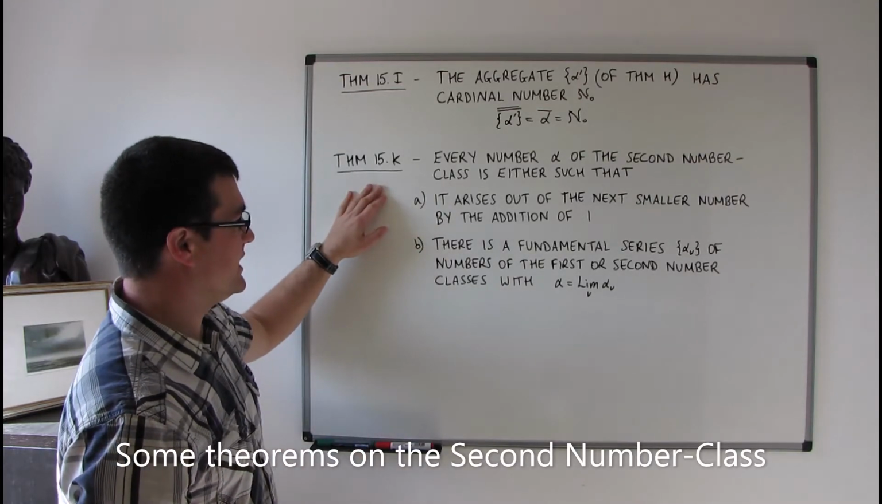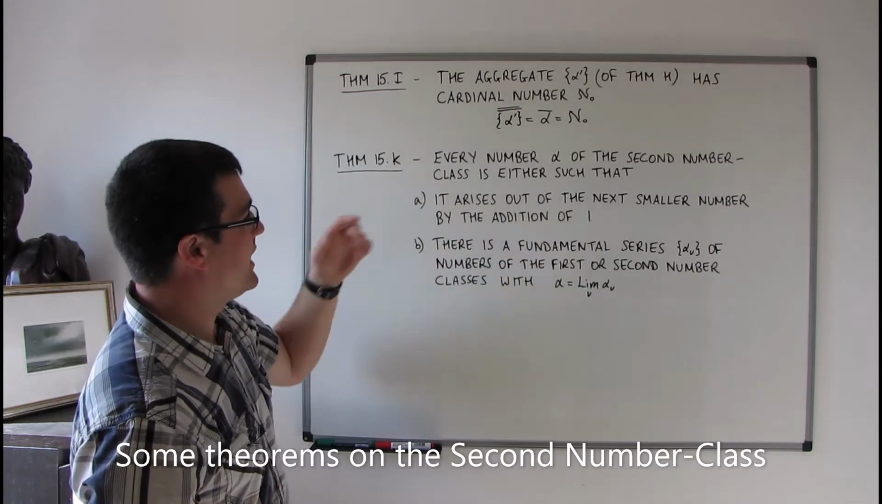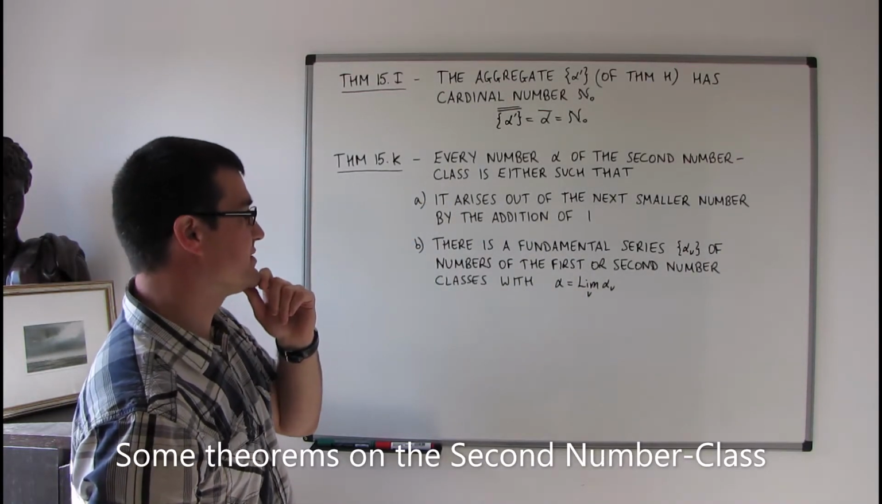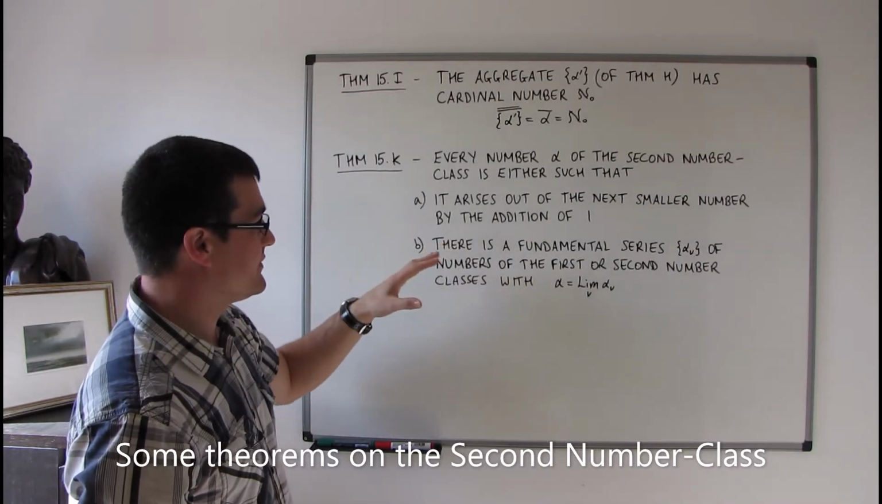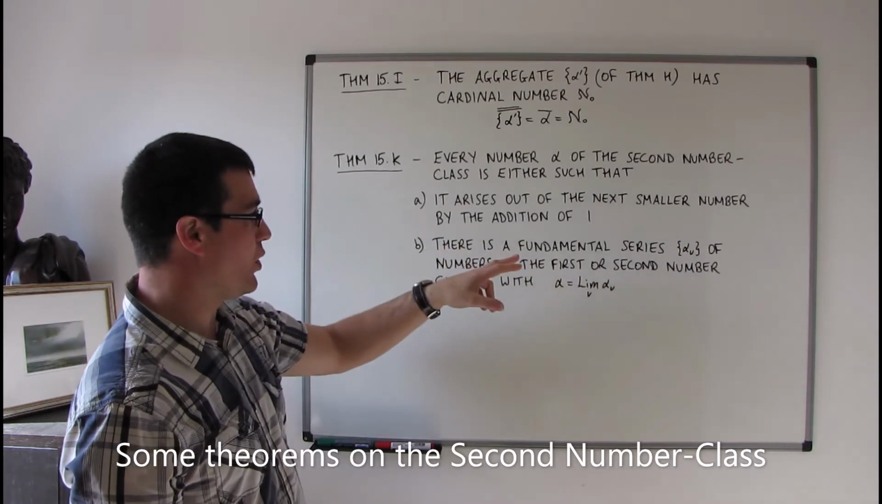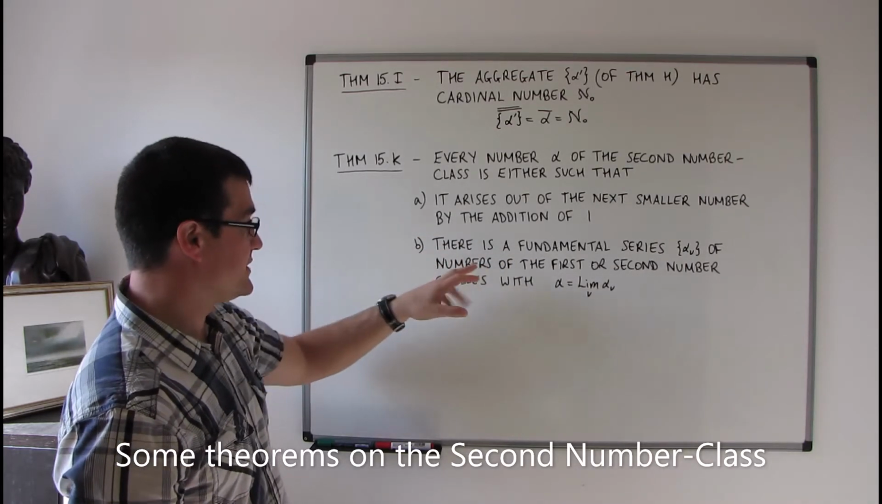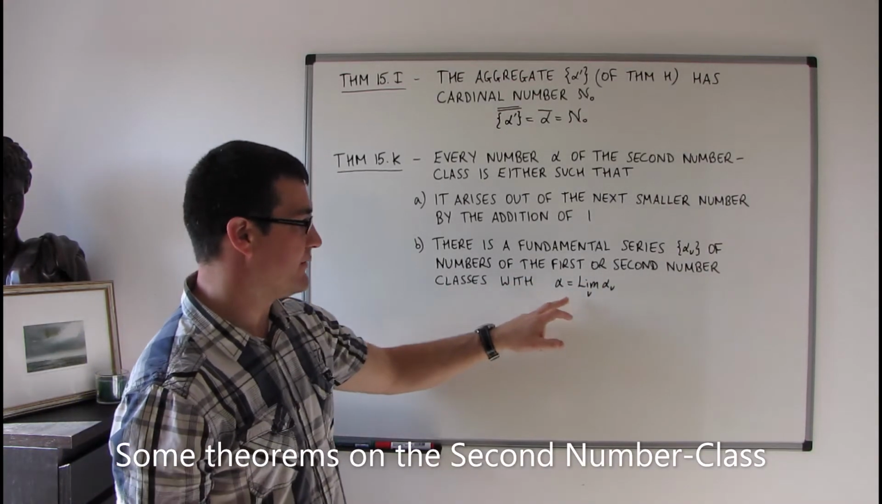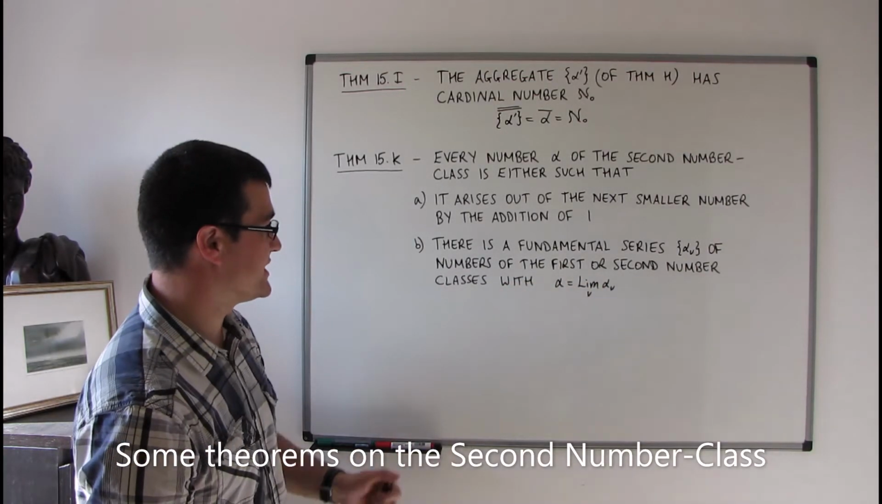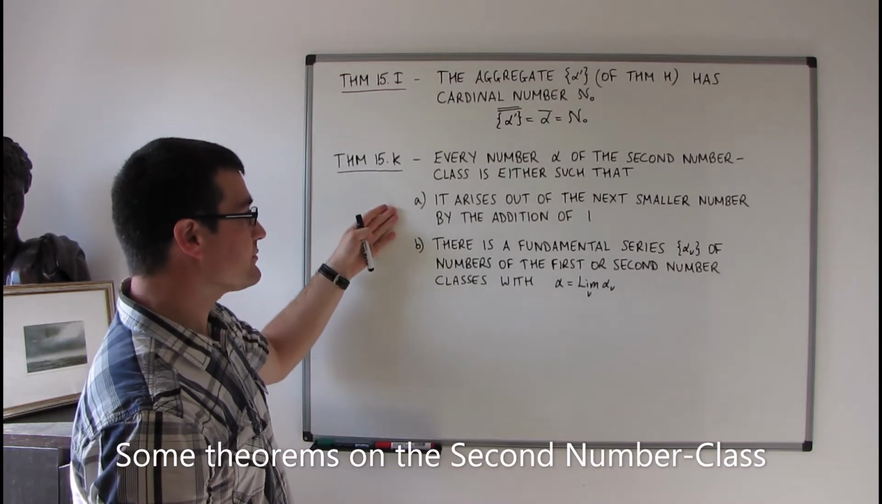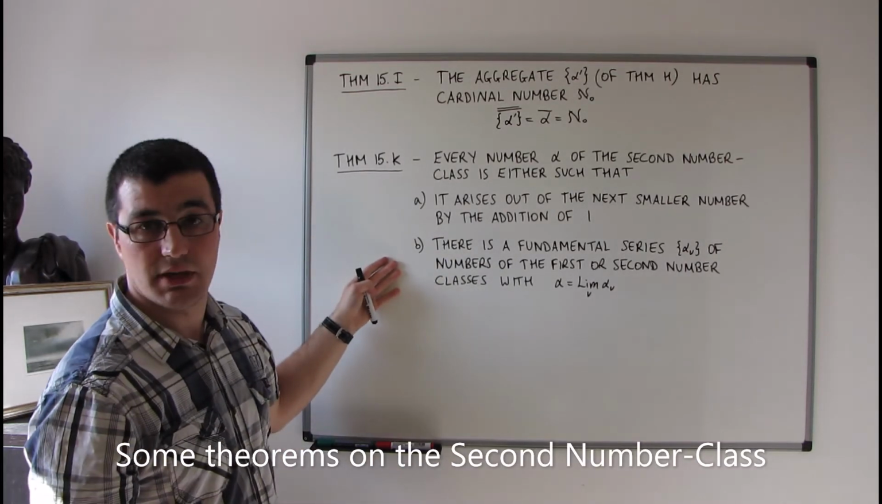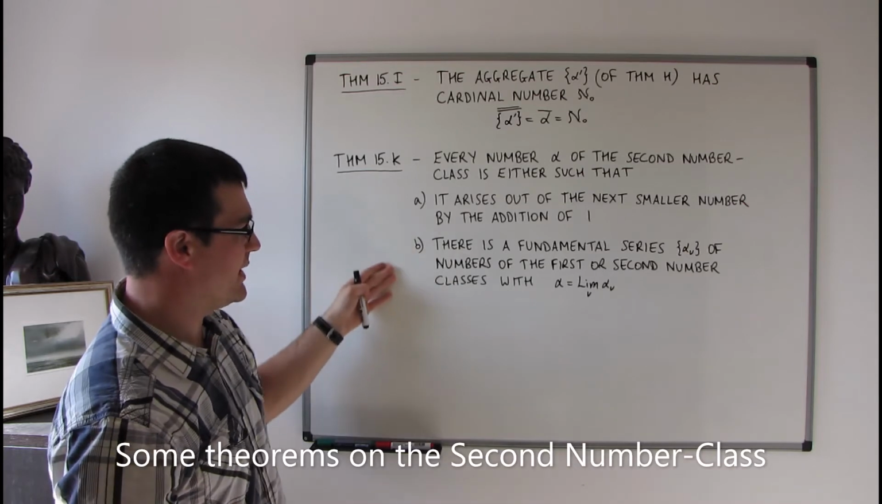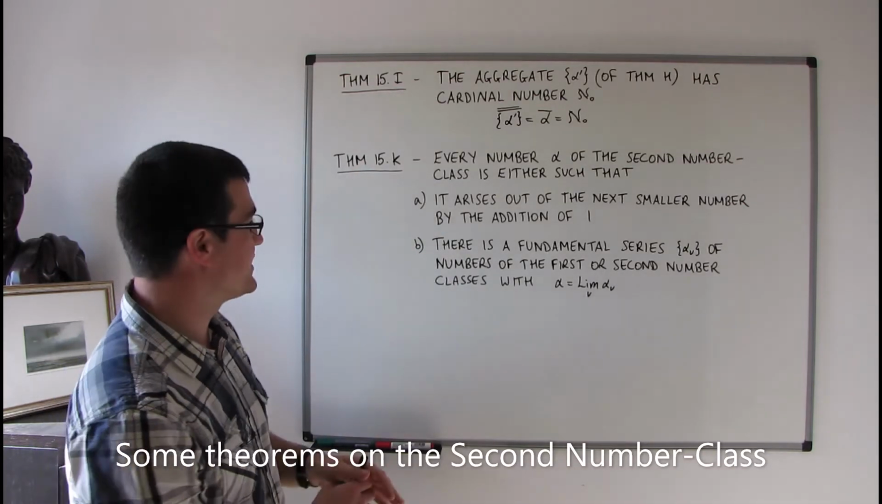And then theorem K, every number alpha of the second number class is either such that it arises out of the next smaller number by the addition of 1, or there is a fundamental series of numbers of the first or second number class with alpha as the limit of that fundamental series. Now these are quite important points. I'm not going to prove this theorem,